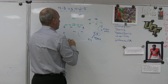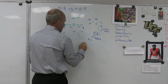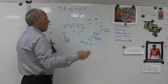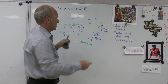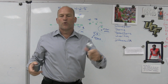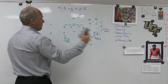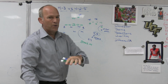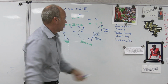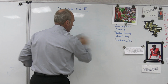sorry, if this was 3-by-1, you wouldn't have 2 backs. So these guys play palms off of those 3, right? So it's the same as coverage deal for us. We don't need the backside safety borrowed, right? We have more options in coverage because we're playing with a nickel. So that's where the 4-2-5 structure, 10 personnel, coverages, you know, have a few more options to 3-by-1, especially 3-by-1 open, simply because of the body type we're playing with and what we are okay with asking him to do in coverage, right? Now, where the 4-3 world is probably better for you